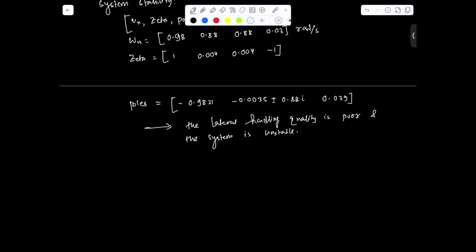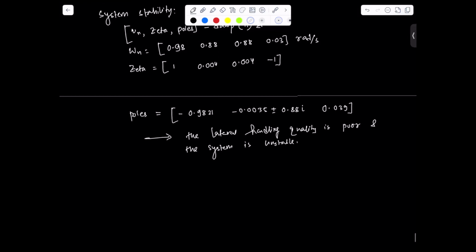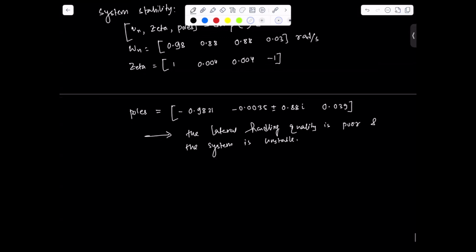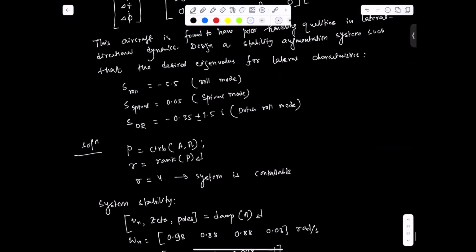So now, if you notice in the last few lectures, we are talking about unstable systems. So let's look at the response of this open loop system. If there's no control in the system, how can we study the system characteristics over time? So here we have the plot for this.